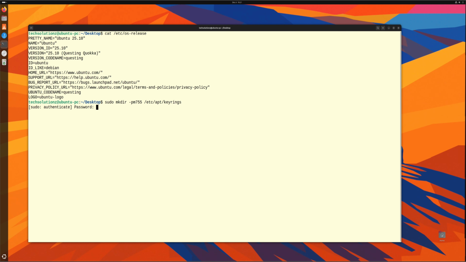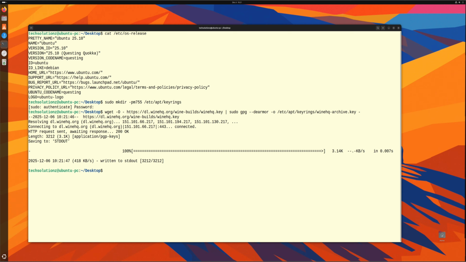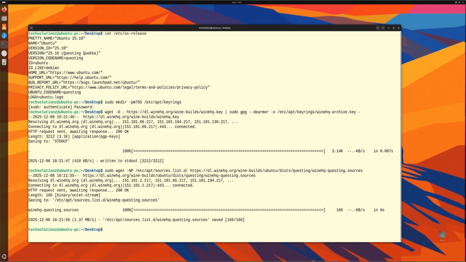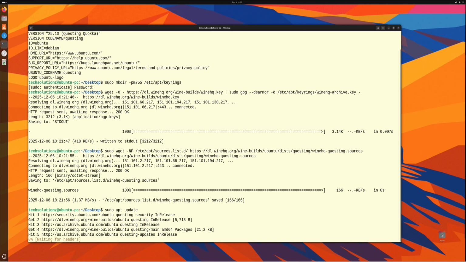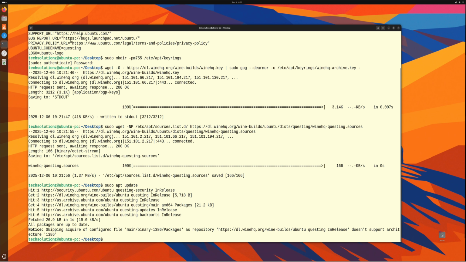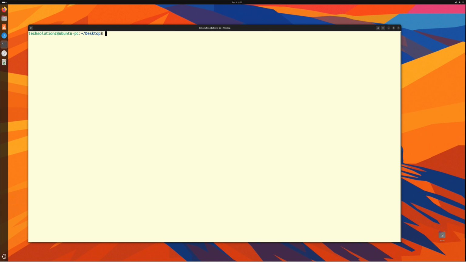The main step is adding the official WineHQ repository, which provides the latest builds designed specifically for modern Ubuntu releases. The WineHQ key will also be added to ensure all packages are verified and secure. After adding the repository, the package list is updated so Ubuntu recognizes the new WineHQ entries and fetches the most